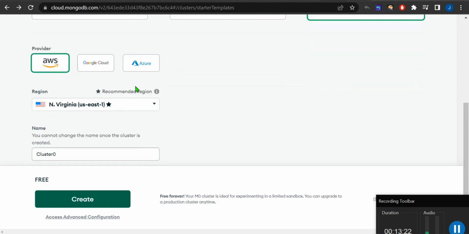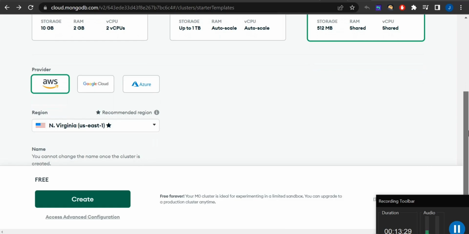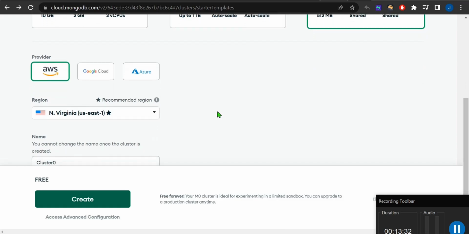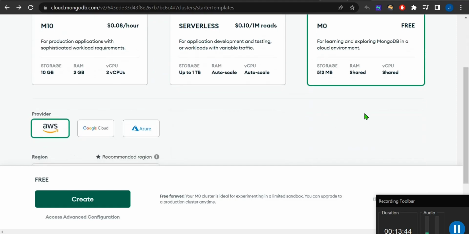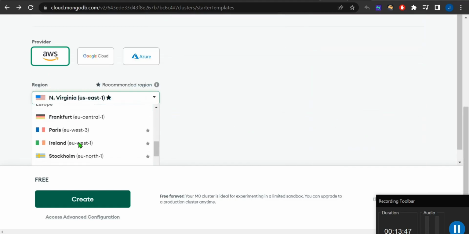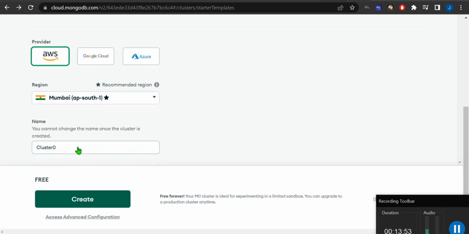Okay, then AWS, you will get the same UI. We are in 2023. Okay, so this is the year, and if you are also watching in this year only, 2023, you will get this UI only. In future it will maybe update. So we have to choose the free one, then we have to choose AWS. I'm from India, so where is that one? Yeah, Mumbai. We have to choose Mumbai here as the region, provider AWS,